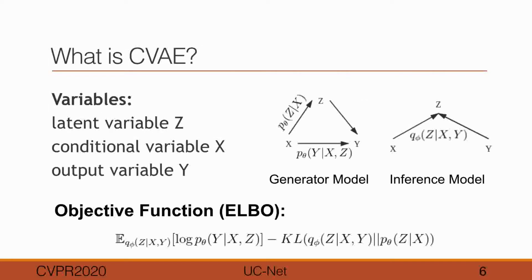The goal of CVAE is to produce structured outputs, where in our scenario, we want to generate diverse predictions representing people's preference. The objective function of CVAE includes two parts, the negative log likelihood as reconstruction loss and the KL loss, measuring our ignorance about the distribution of the latent variable.